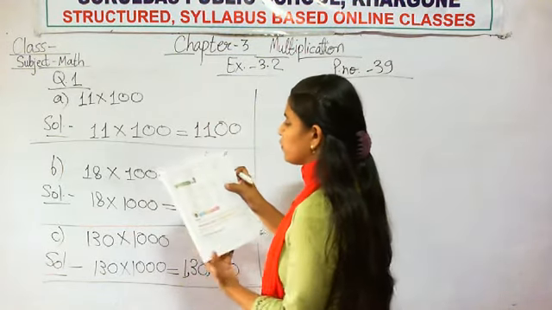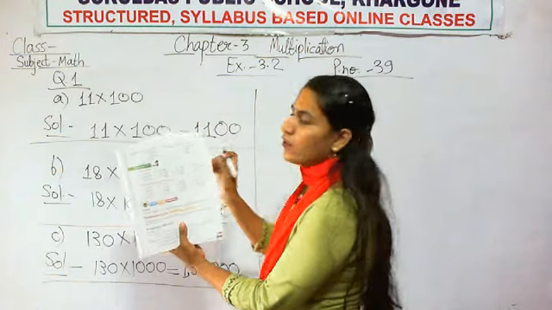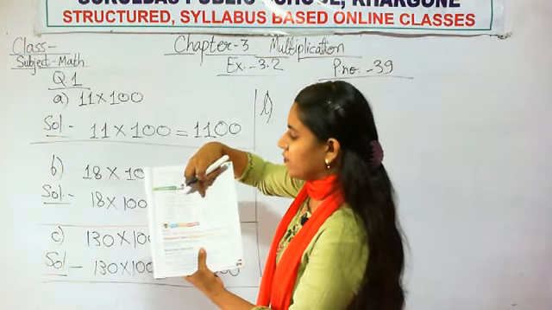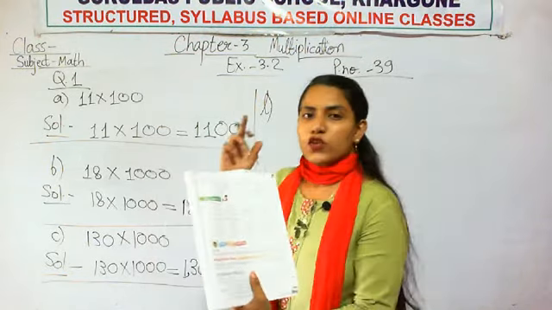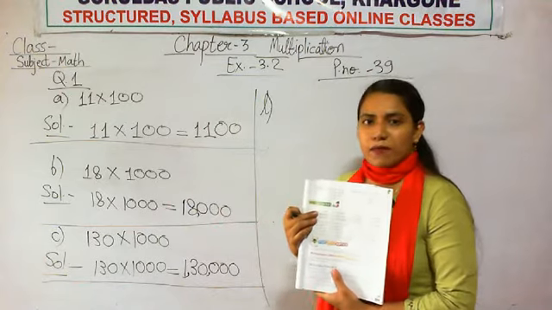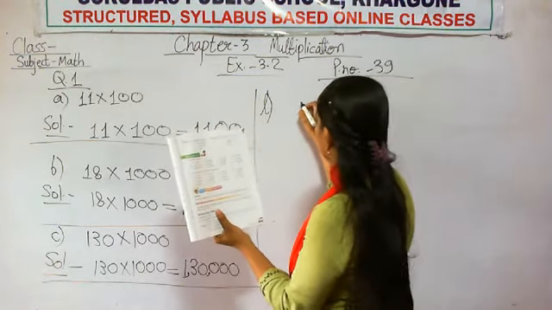Okay, so I hope you know now what we are doing, what is the trick, how to use this trick. Now I am doing the last one, L, for you. The remaining questions, that is D, E, F, G, H, I, J, K, you will do by yourself. I am very sure that you can do the remaining questions.